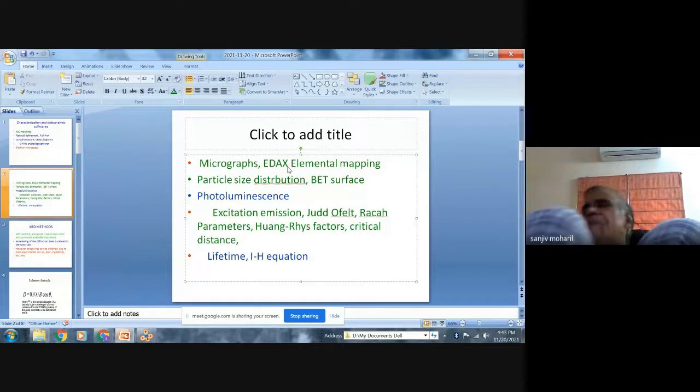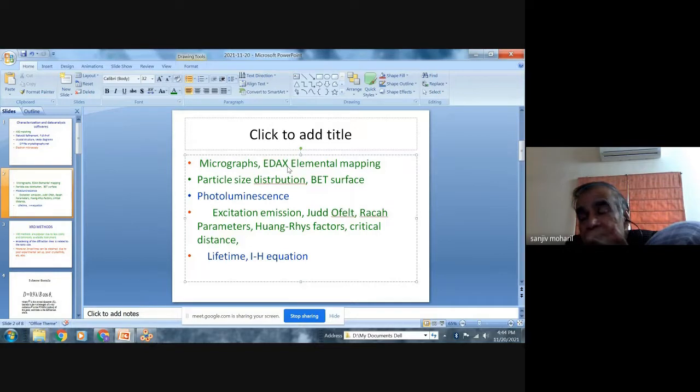For example, if I take KMgF3, then how many atoms are there? 3 fluorine, 1 magnesium, 1 potassium. So I will find that 20% is potassium, 20% is magnesium, and 60% is fluorine. By EDAX, I find out. And if I get figures close to 20, 20, 60, then I will say yes. I had attempted KMgF3, and the EDAX analysis also vouches for the fact that it was KMgF3.